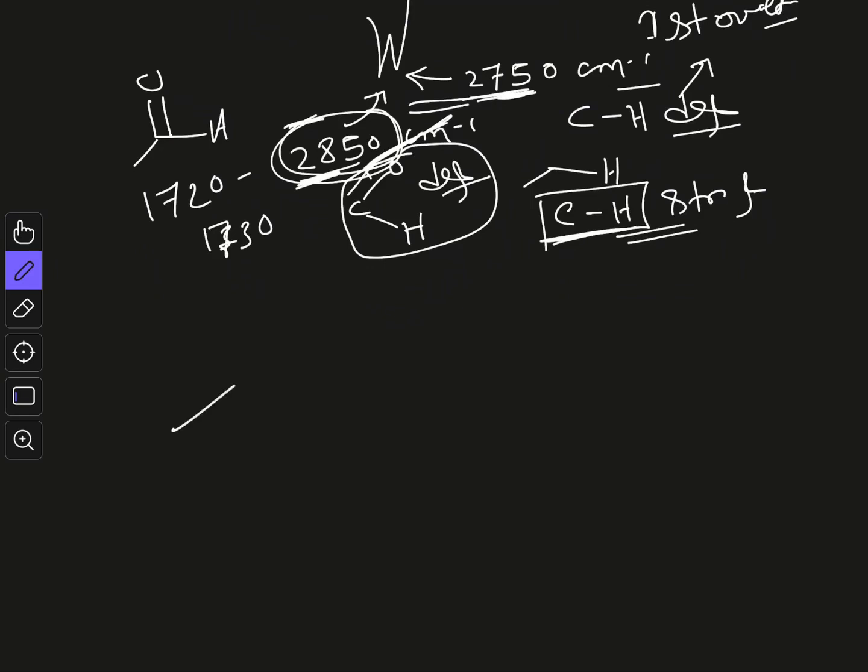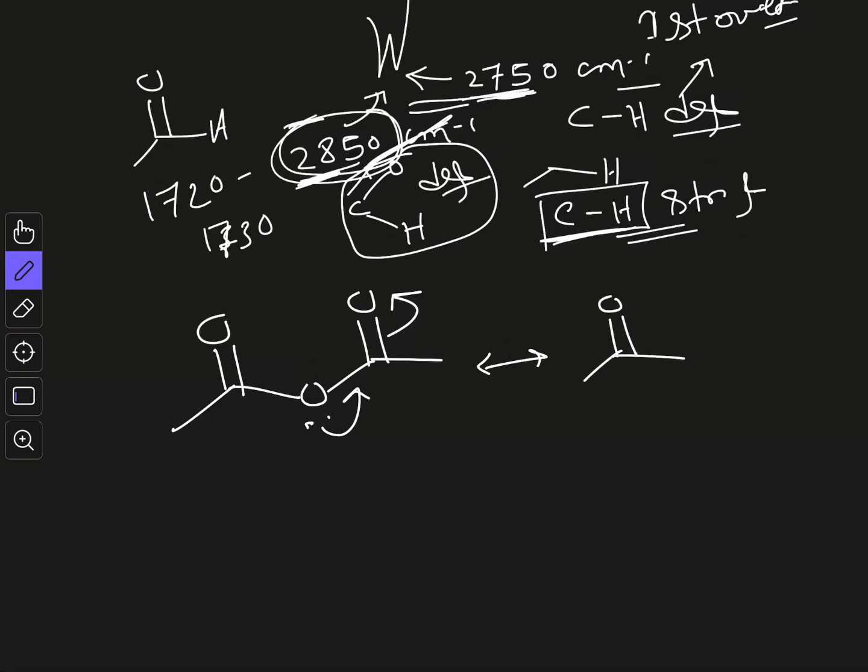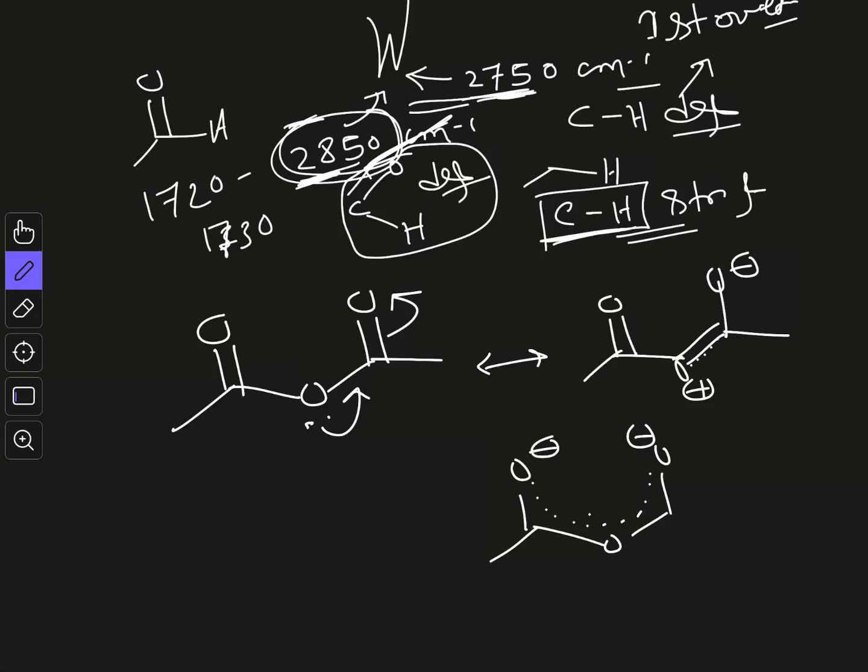In case of anhydride, you can see in anhydride this resonance is there. This resonance means conjugation I am talking about, not the Fermi resonance. This is conjugation. By this conjugation we can show that there is a double bond character here. So like this, O minus, and here you have plus. So overall we can show it by resonance hybrid like this. Okay, so minus minus and here plus.